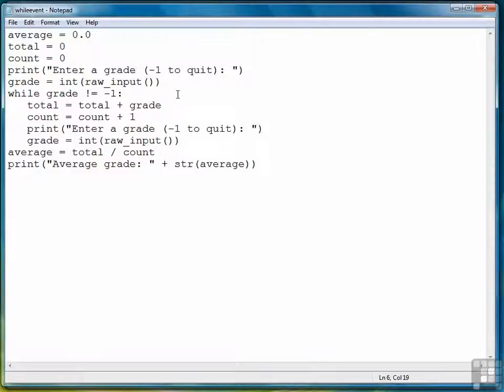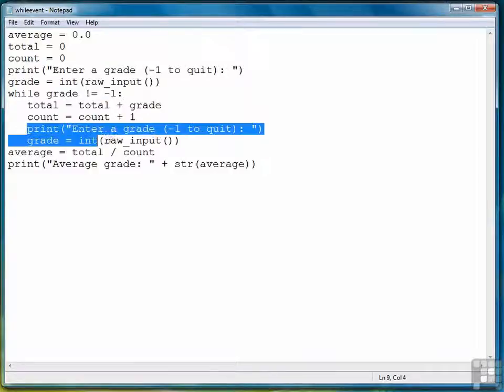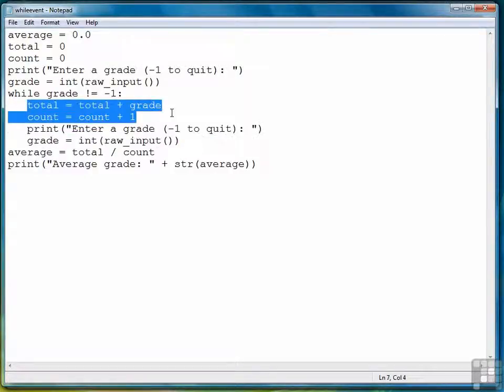We have a loop that runs while the grade that's entered is not -1. And notice how we enter a grade initially before we go into the loop. I read once in a programming text that this is called priming the pump. So we're priming the pump by assigning a grade here and then testing it here. And then we again enter a grade after we've taken the current grade, added it to the total, and added